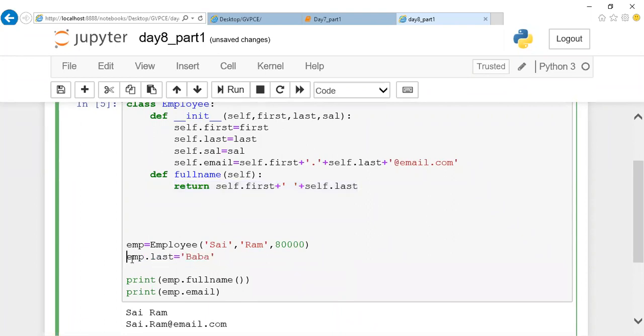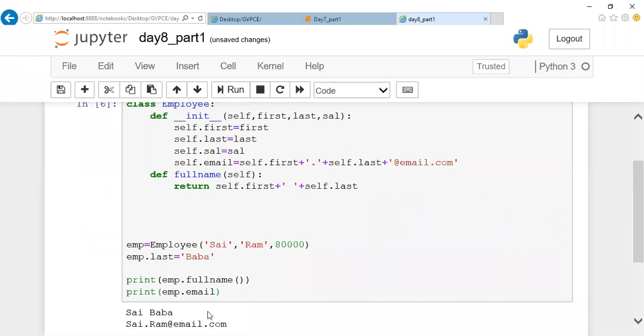After initialization of data, when you try to change the first name or last name or salary, and then I try to print it, you can notice your full name is displaying as Sai followed by Baba. It is printing it. But look at your email ID. It remains as sai.ram.